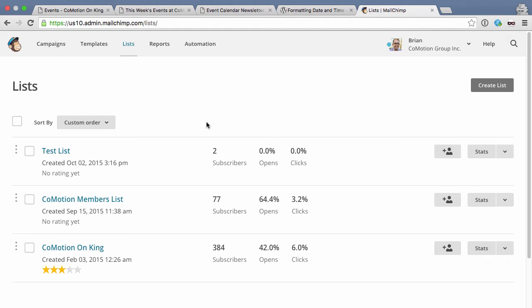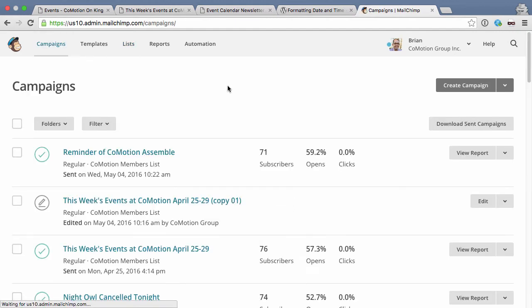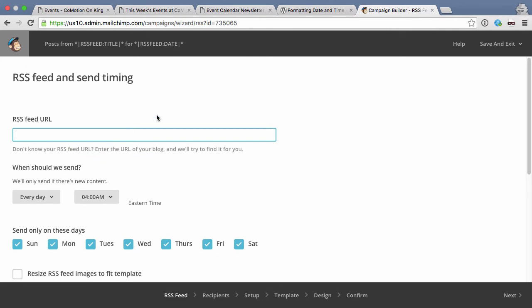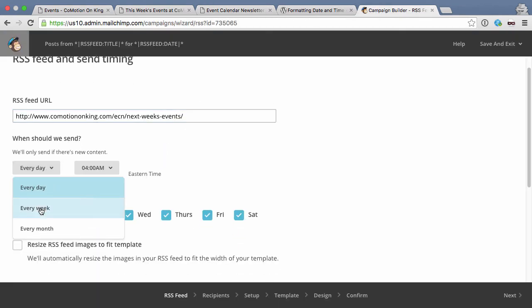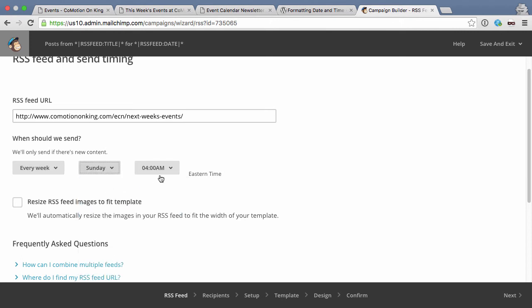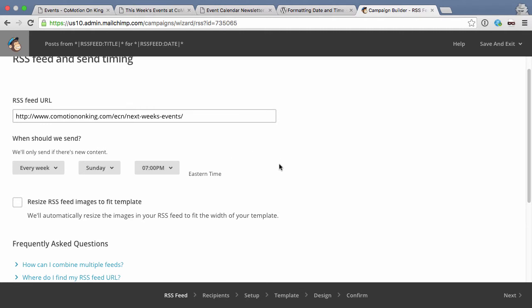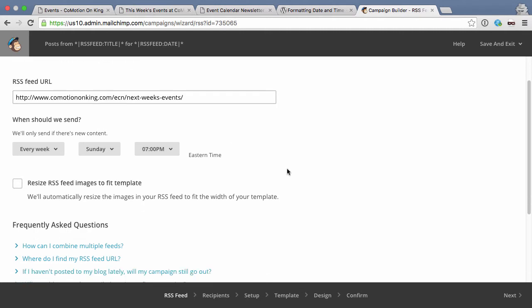And then once you're happy with it, you just change the campaign, which I'll show you how to create now, to your actual list. So if I go over to campaigns, I'm going to create what's called an RSS campaign. That's basically a campaign that's based on a feed, and it'll only send a mailing if there are events in the feed for that week. If I click RSS campaign and paste the feed URL that I copied, I'll pick which day I want it to send. So I'll say every week on Sunday at, say, 7 p.m., but you can obviously change this to whatever date you'd like. So now if I go next,